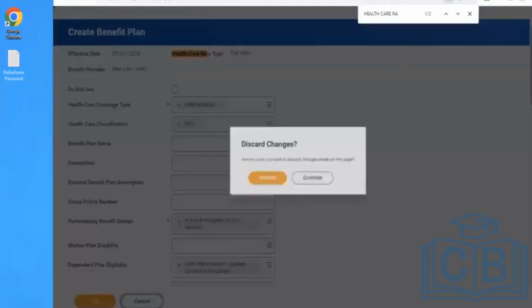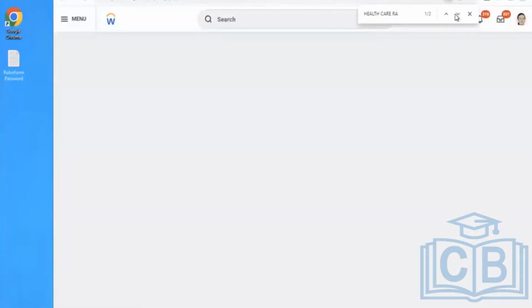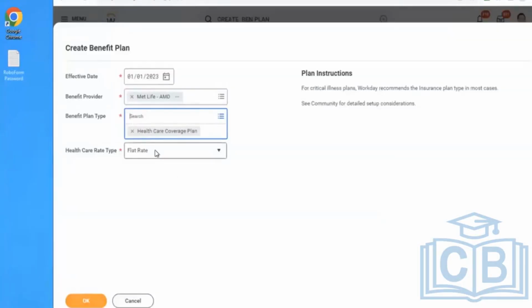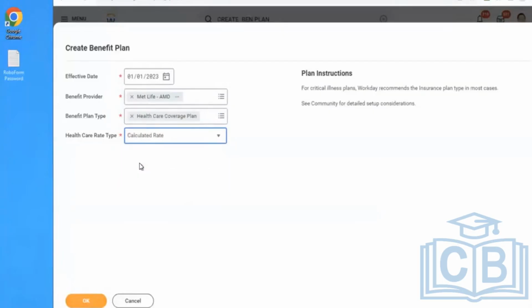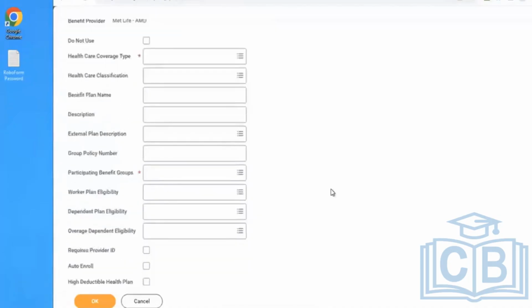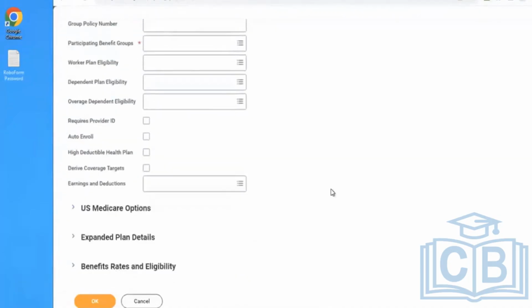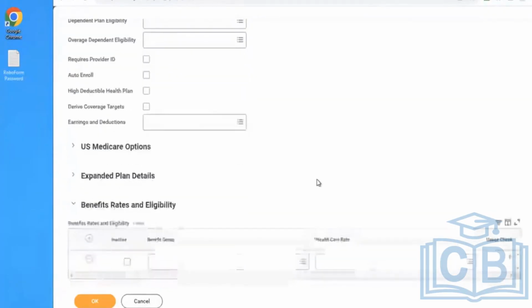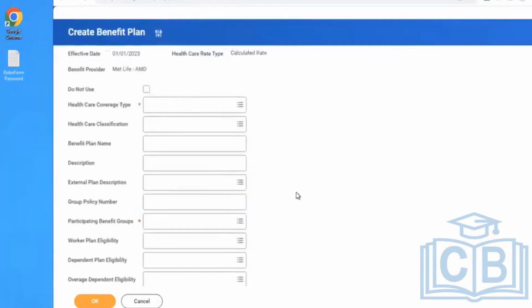Cancel this. I just changed the calculator list because it should ask us to enter. Healthcare rate. Here we go. Sorry, sir, there's a correction. I chose the flat rate. That's the reason it doesn't give. It is asking you to enter. When I switch the calculated rate,